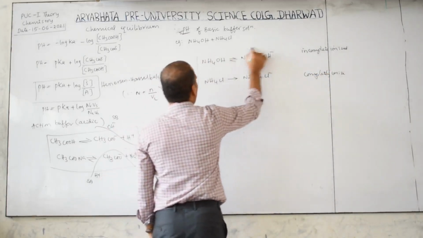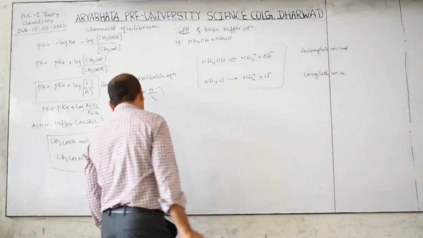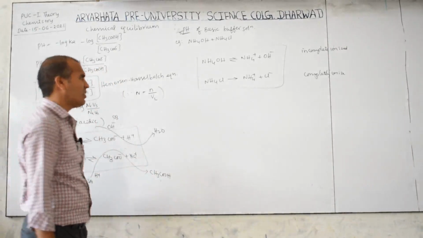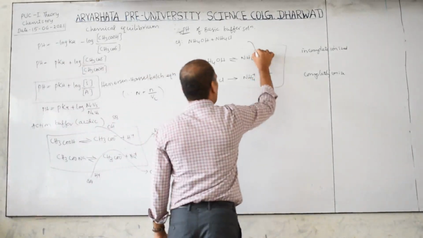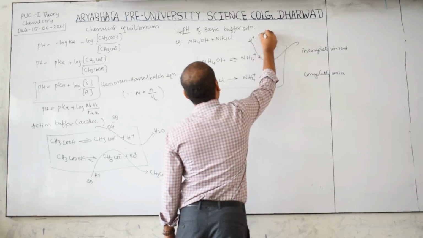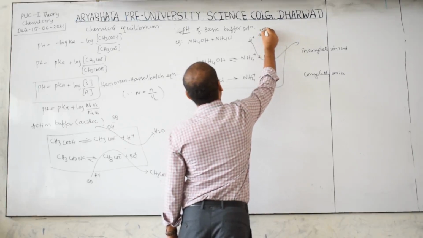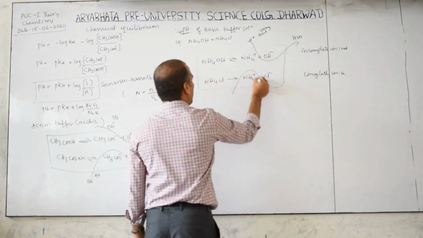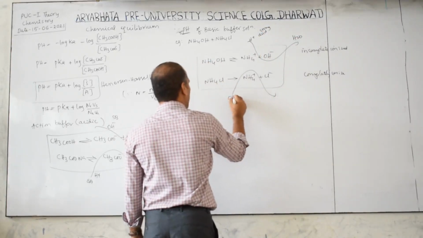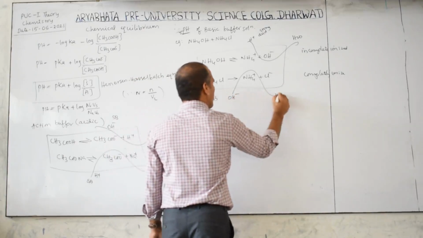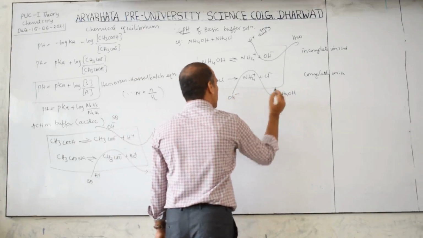So here only directly I want to explain the buffer action because already I explained. So when you add acid, then what happened? Like this, H plus will come from acid, strong acid this is, then this will be from H2O. When you give base, that is OH minus, this comes from strong base, and this will be from NH4OH.